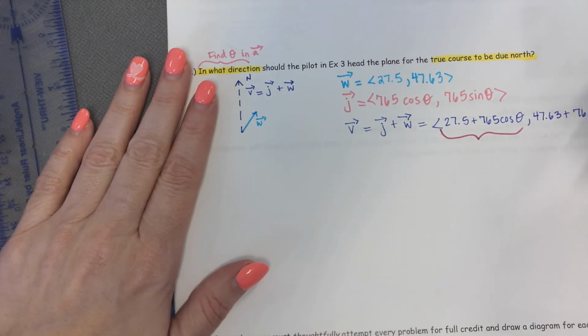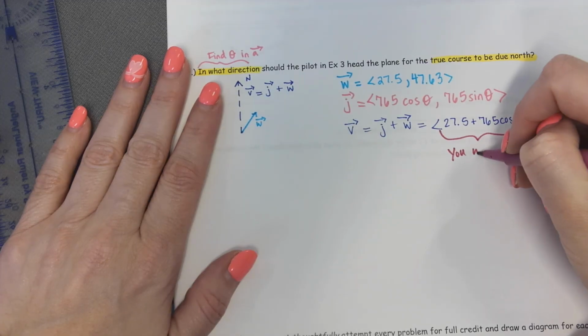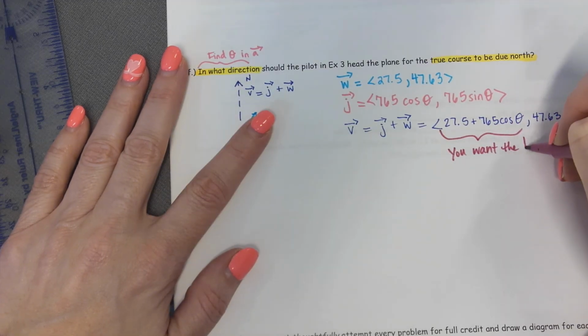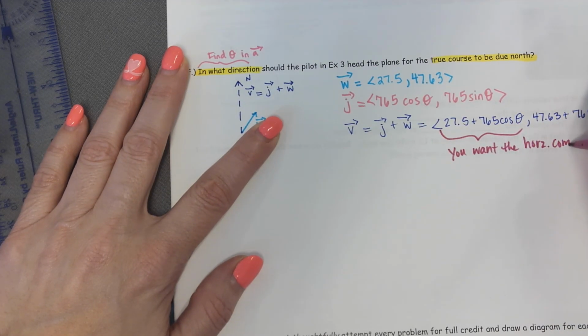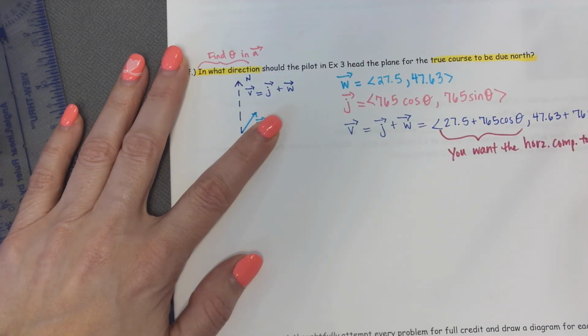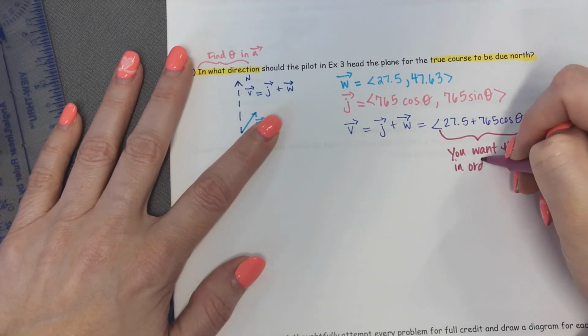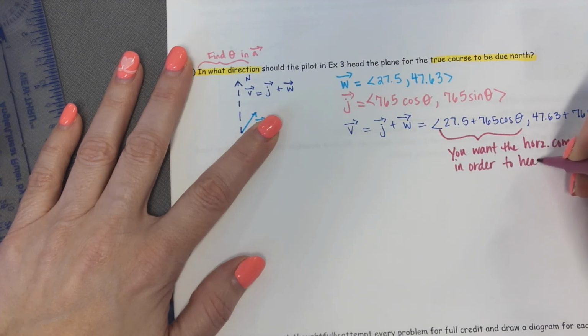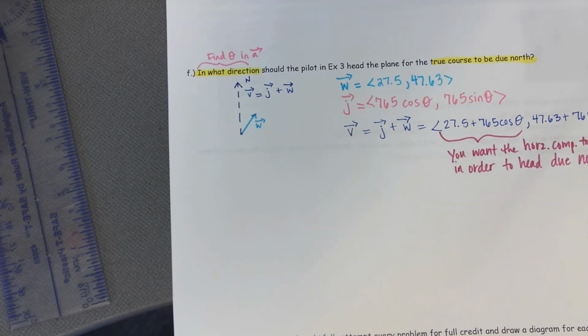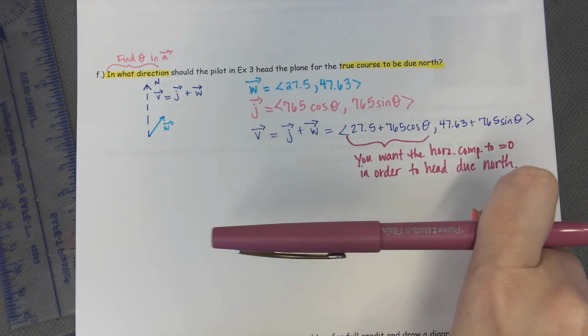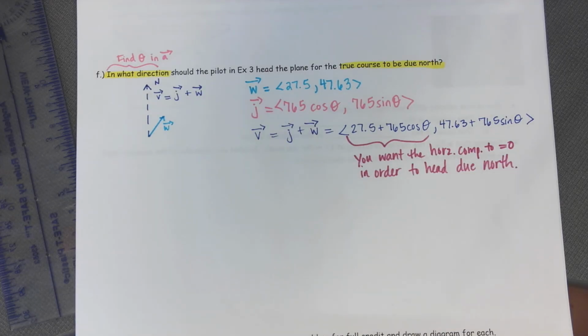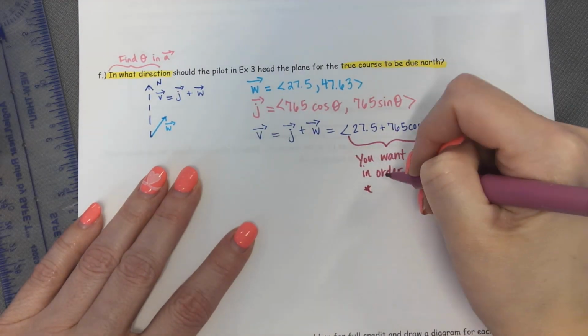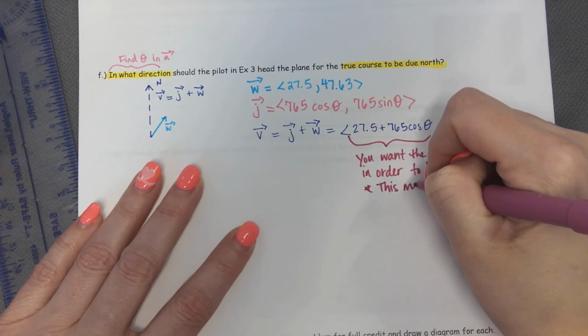So this is the horizontal component. So we're going to write that down. So you want the horizontal component to equal 0 in order to head due north. Okay, so the horizontal component, horizontal is east and west, left and right. So those have to be 0. If not, it would knock it off course. What that means is there'd be no horizontal forces